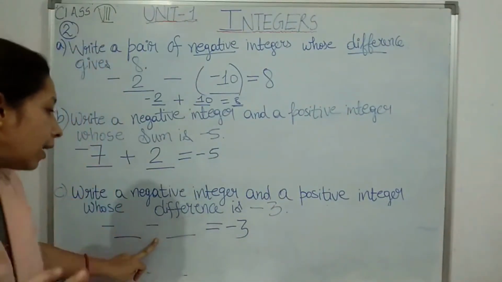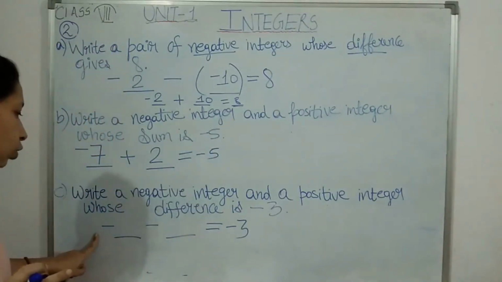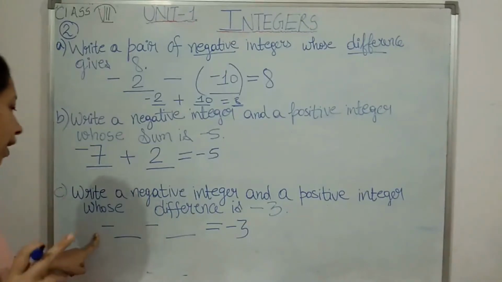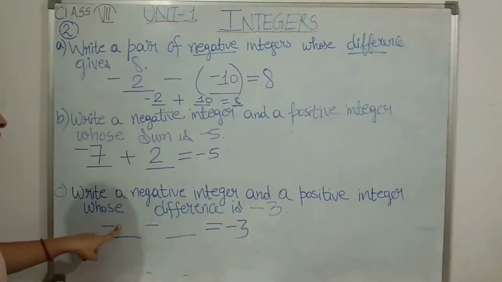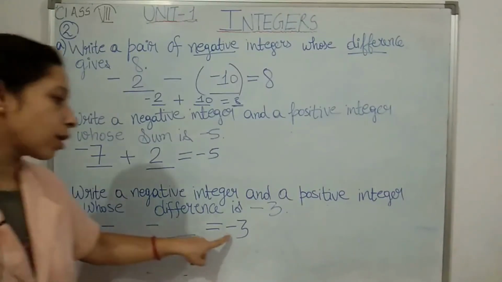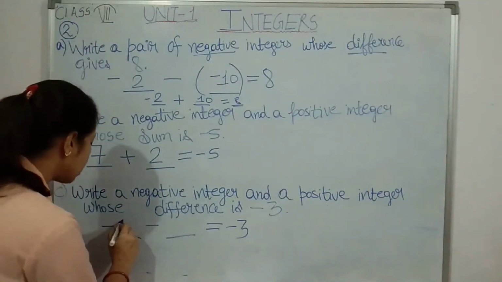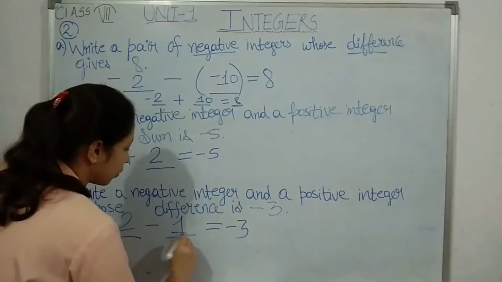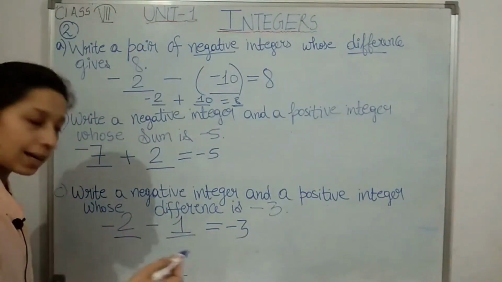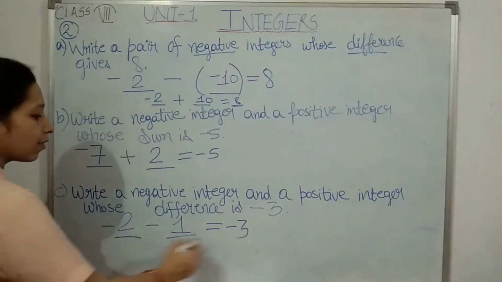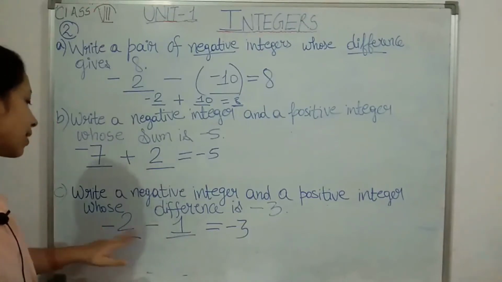Okay, so on adding those two numbers we should get 3, but again as the first integer should be negative, you have to take a number which will be a negative integer, and that number will be greater among these two. That's why in the answer also we'll get a negative sign. Okay, so here I am taking minus 2 minus 1. See students, minus minus plus 2 plus 1 is 3, 2 is the greater number with negative sign, so in the answer also we got minus 3, and both the numbers are having minus sign.